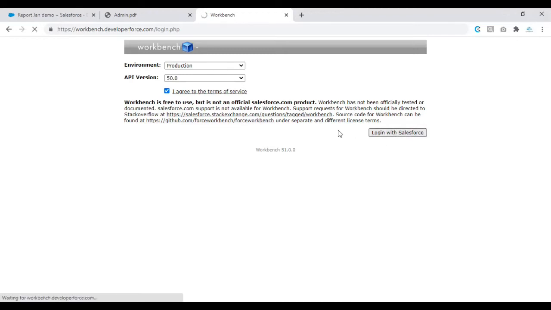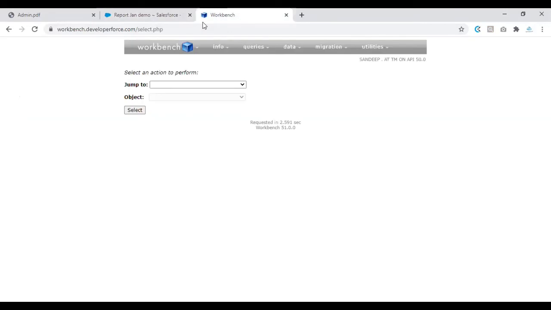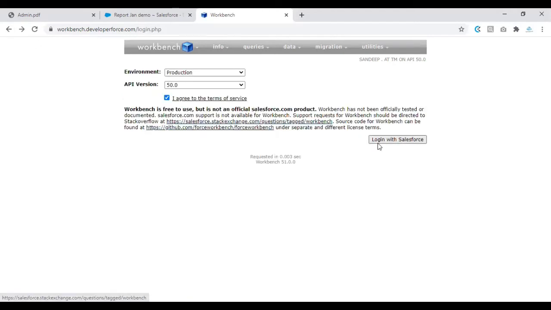Once I click on this button, there are two flows here. If I have my org already open, this workbench will read that information, if that is already open and if you have clicked on allow for the first time. If you are a first-time user of this workbench, there would be a screen that comes up as soon as I click on login with Salesforce. There would be a pop-up that comes up, which would ask you for a